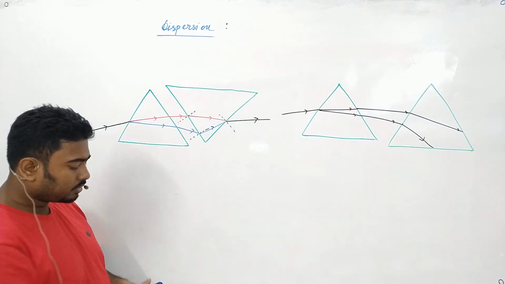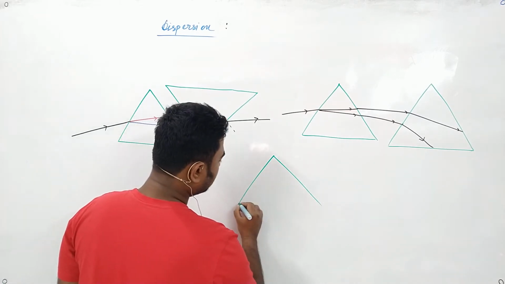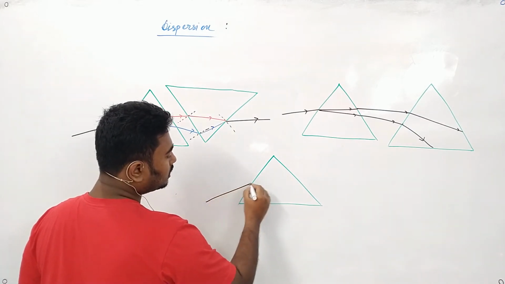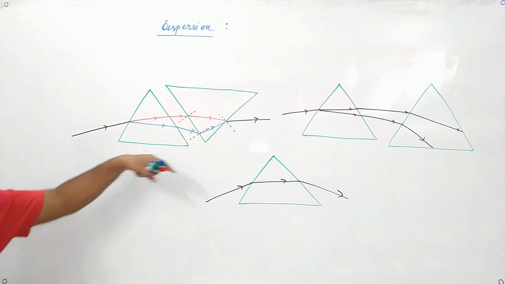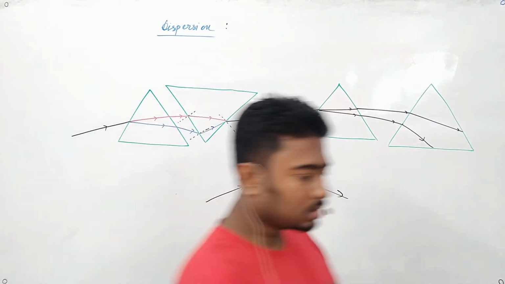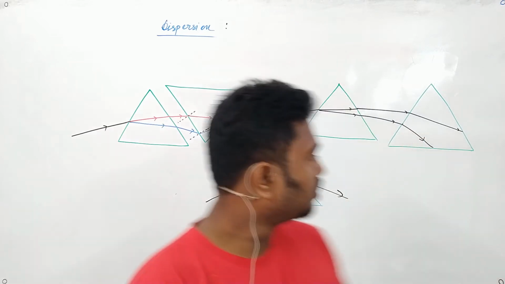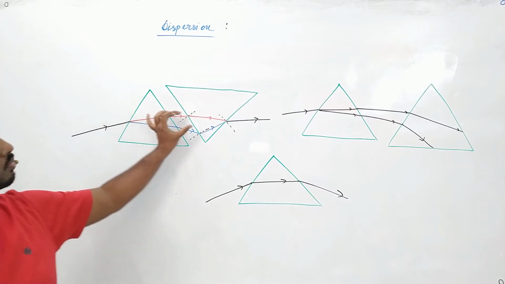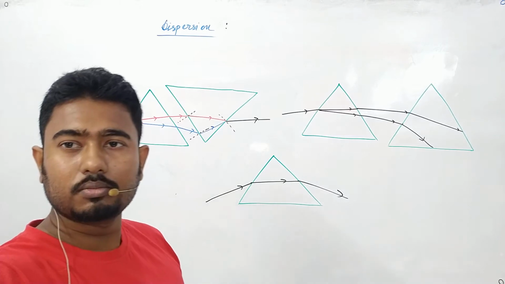Yes, and we know that whenever we have a prism, any ray of light that falls on the prism will get bent, and the ray of light will always bend towards the base. Right? See, in each of the cases the ray of light is bending towards the base. So if I have to bend it towards this base, I will keep it in this way. If I have to bend it towards the other base, then I have to invert it. Do I have any other option? No. Okay, write it down.